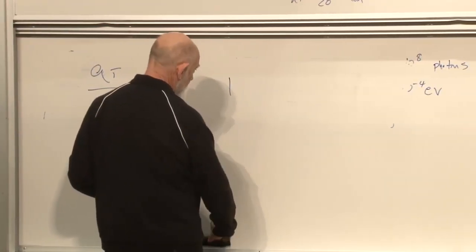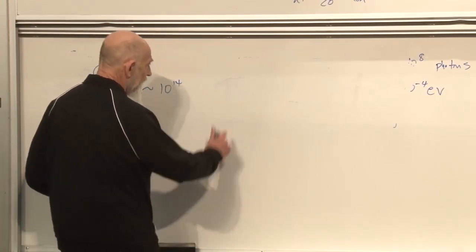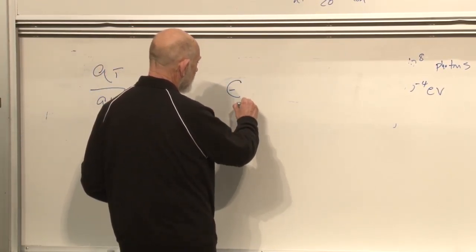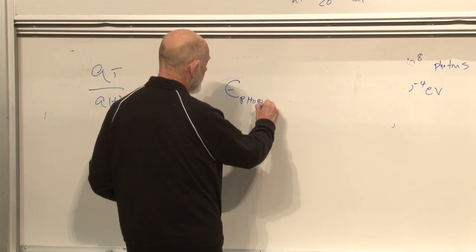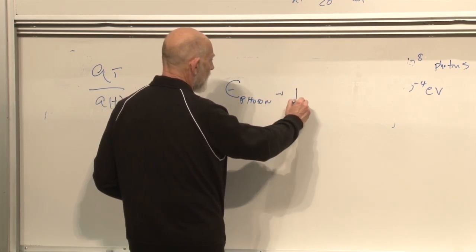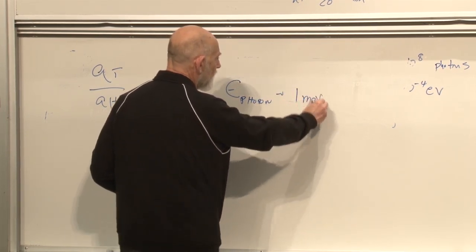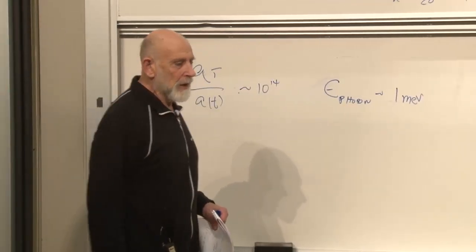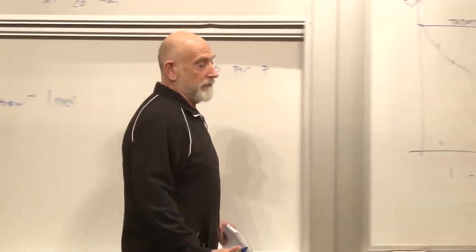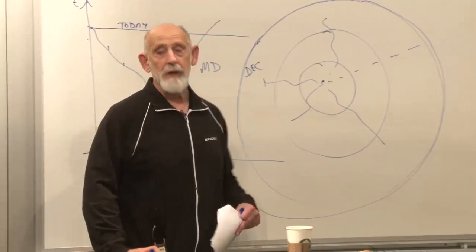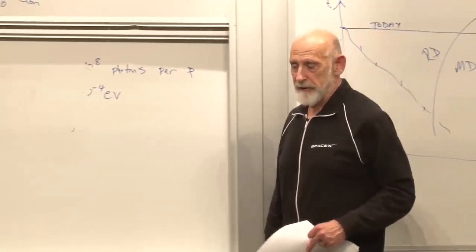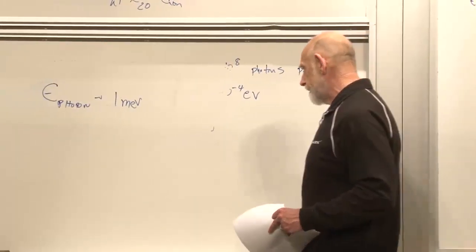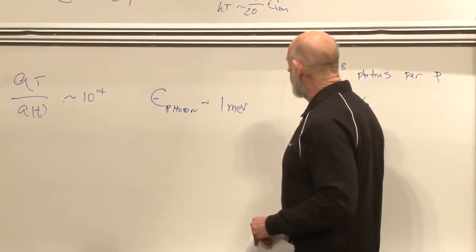So what I called epsilon earlier, the energy of a photon here, is about 1 MeV. Now that happens to be about twice the mass of an electron, the mc squared of an electron. I'm sorry, it's about